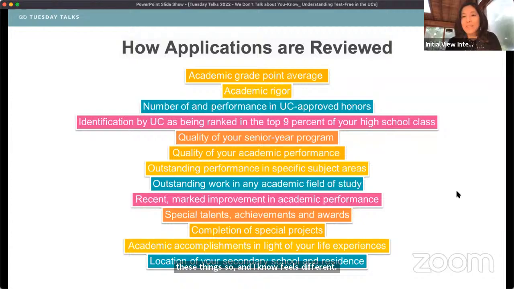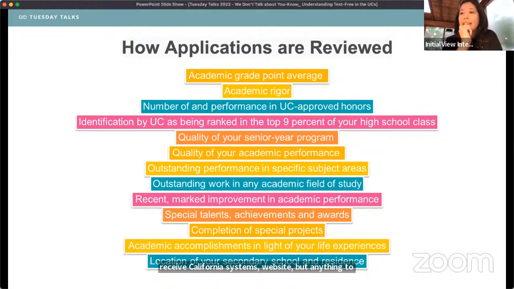what are you looking at? And I love that you guys are like, we've been looking at these things all along. And I know it feels different, but here are the same factors, just minus one. Before it was 14 and now it's 13. I think people are able to see this from the University of California system's website,